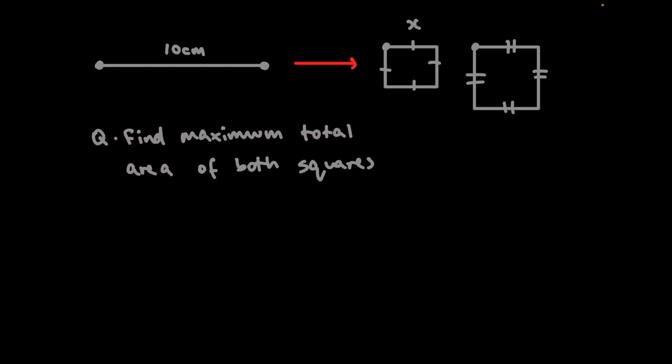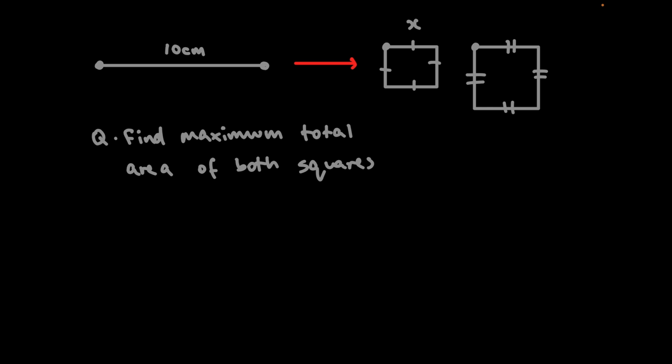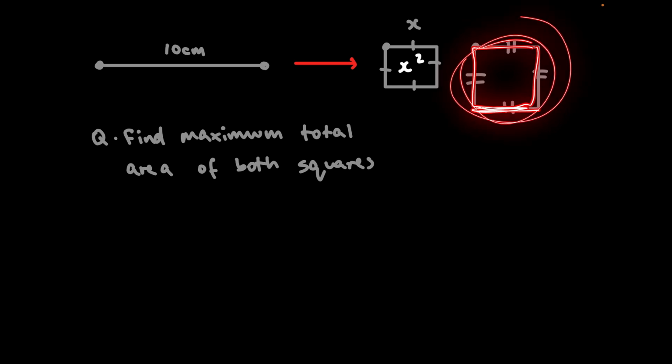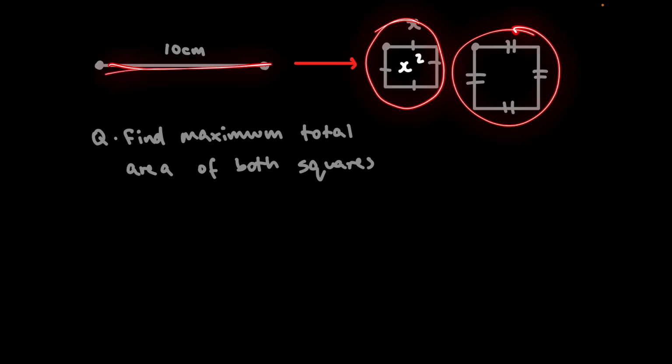So first, let us work out what is the area of both of these squares in terms of x. Well, the area of this square here is just x squared. Okay, that shouldn't be too difficult. But we don't even have a side length for this square, so how do we even work out the area of this one? Well, we know that the sum of the perimeters of both these squares should equal 10,